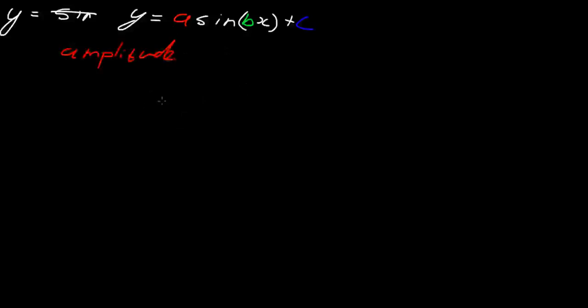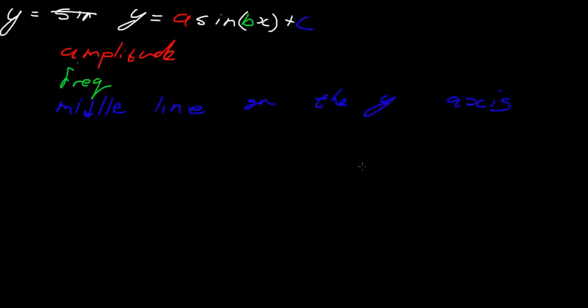which is how high the maximum point is. Okay, B is the frequency, or number of repetitions in 360 degrees. Okay, and C is the middle line on the y-axis. So to explain that properly, I'm going to draw y equals sine x, okay, and then I'm going to draw